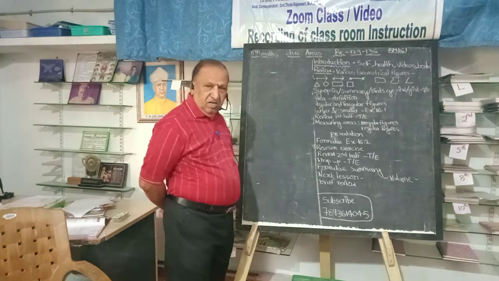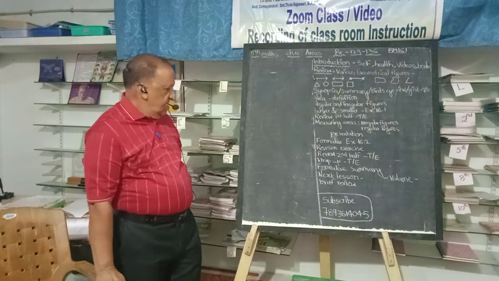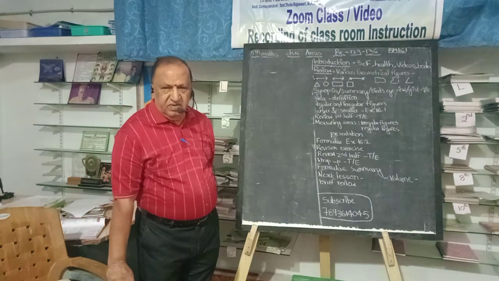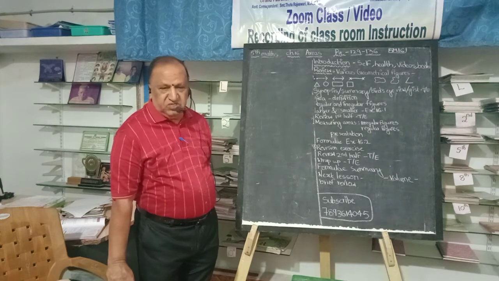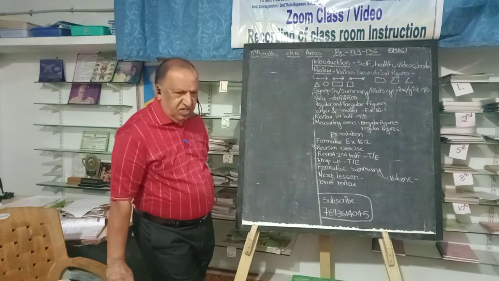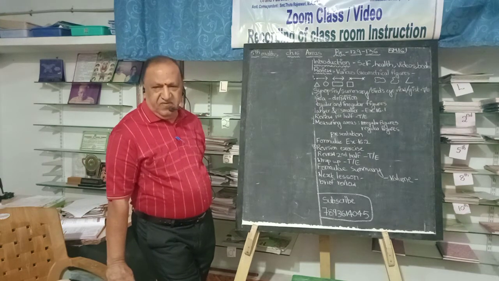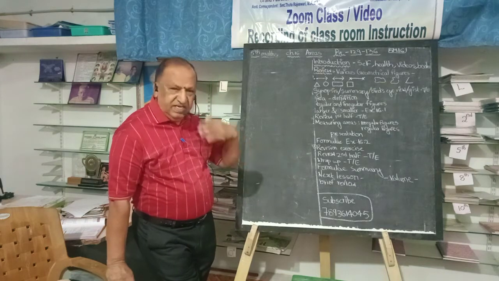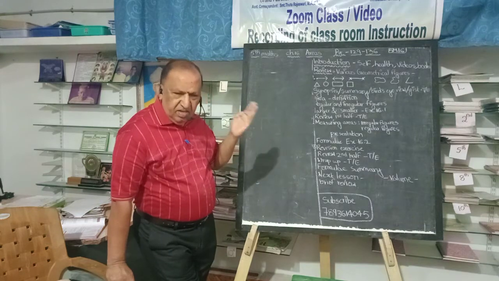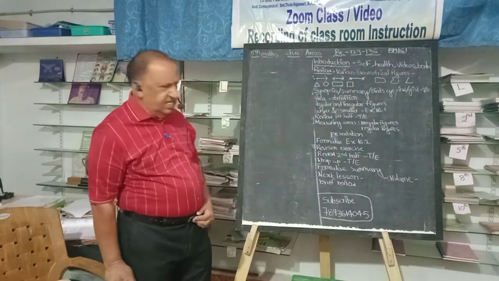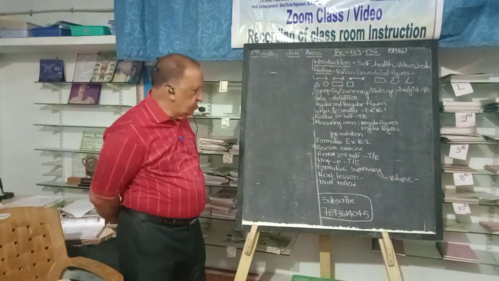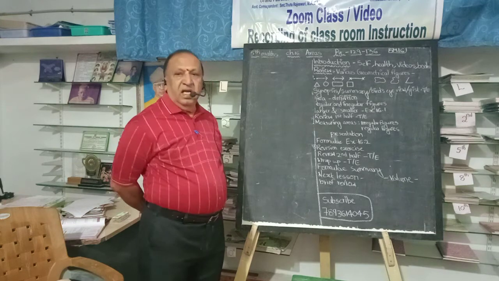So in the next lesson we will talk about the volume. And that I will explain. Volume is the amount of space occupied. Volume we will define. Again, how do you find the volume of irregular figures and regular figures? That's what we will learn in the next lesson. I don't want to talk too much about it right now because I will cover that in detail in the next class.